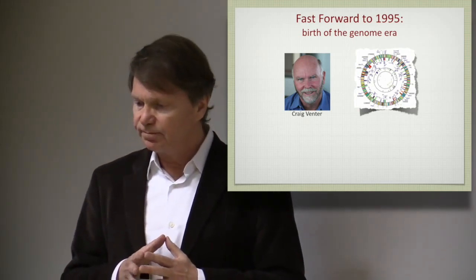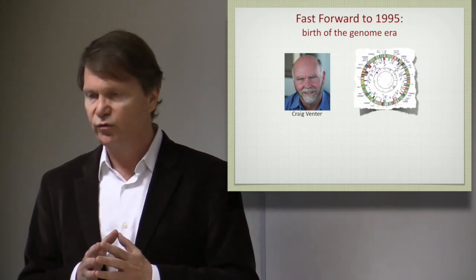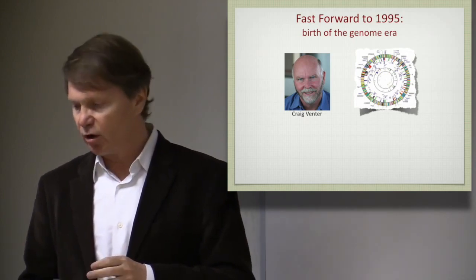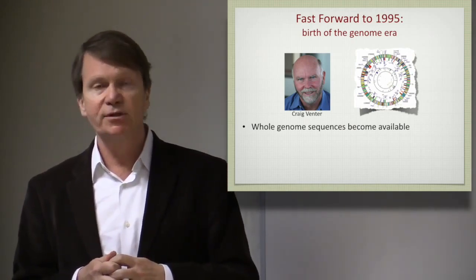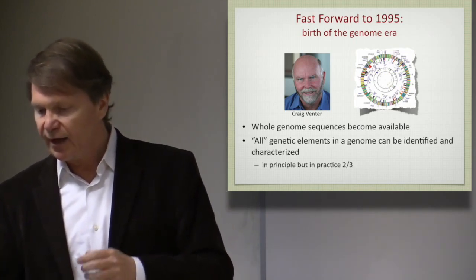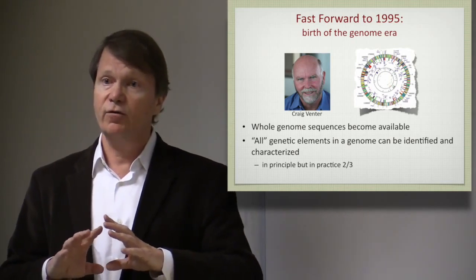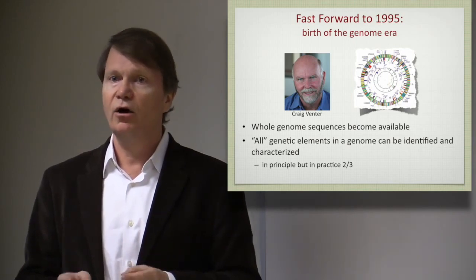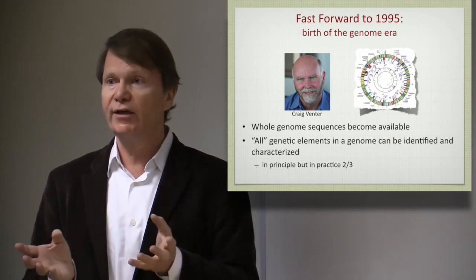Now, in the mid-90s, that started to change. So Craig Venter, that I think most of you know or know of, he sequenced the first genome in the mid-1990s. And we started getting genome maps like the one shown in this slide that we are all now very familiar with. This was extraordinarily important because once you have a full genomic sequence, you can in principle define all the genetic elements that make up an organism.